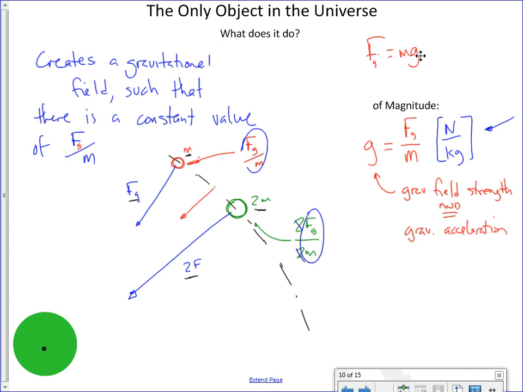Because we've been talking about why objects here near the surface of the Earth accelerate at 9.8 meters per second squared. Well, because for every kilogram of mass that you place there, 9.8 newtons of force is applied to it. I don't know if this is blowing your mind a little bit, but I remember it being kind of a big deal to me.